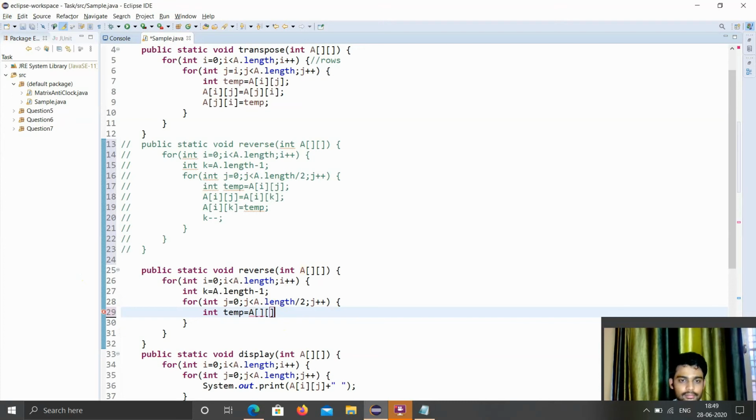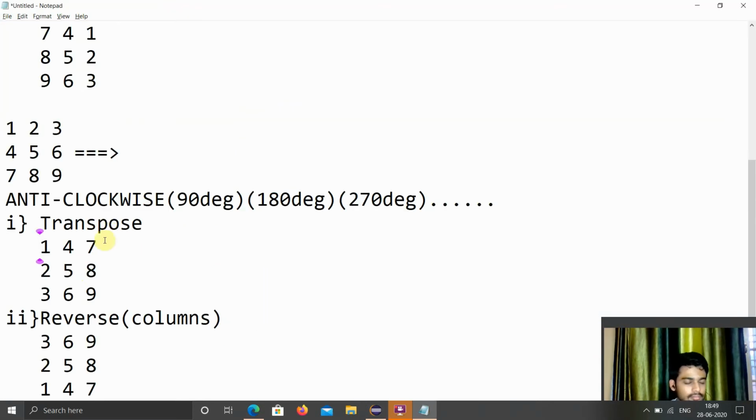So here the outer for loop will be iterating only over the first entire column.